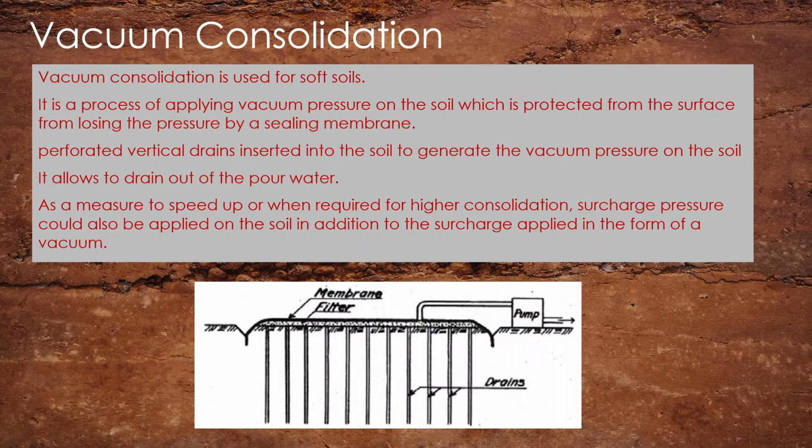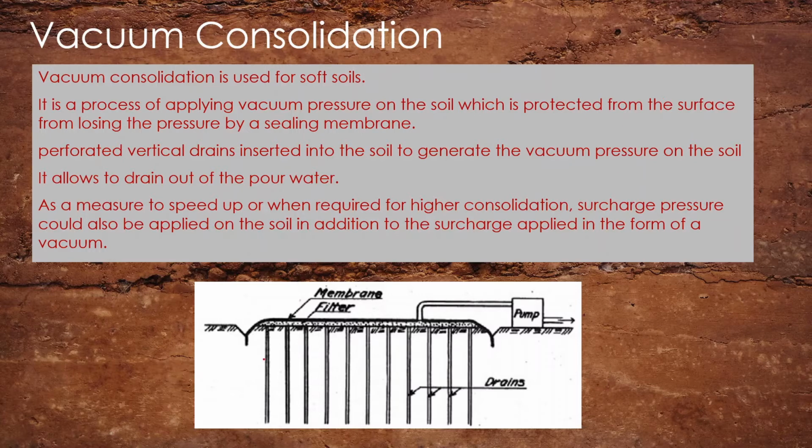Vacuum consolidation. What is vacuum consolidation? Vacuum consolidation is used for soft soil. If you have a soft soil that cannot be compacted or consolidated with other methods, we can use this method. It is a process of applying vacuum pressure on the soil, which is protected from losing the pressure by a sealing membrane. As you can see in this figure, there is a protection on the top of the soil